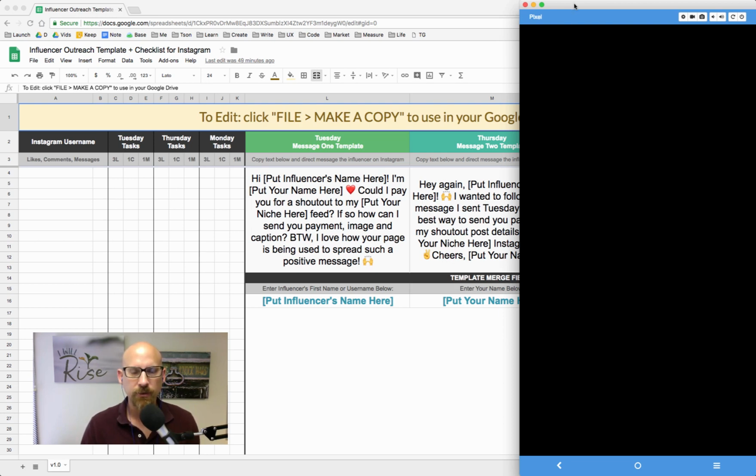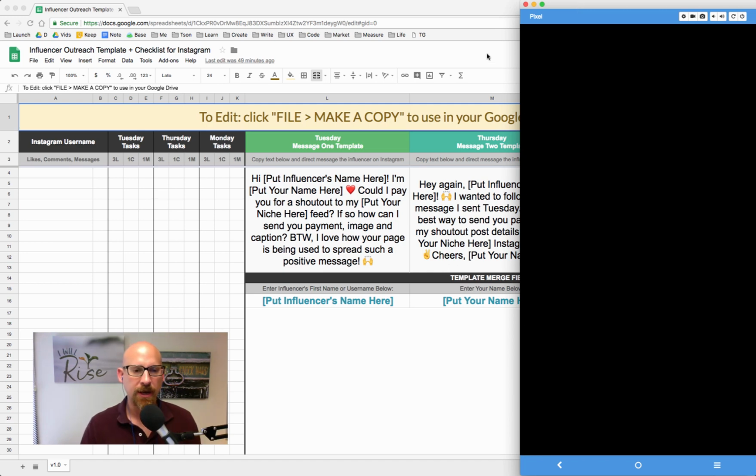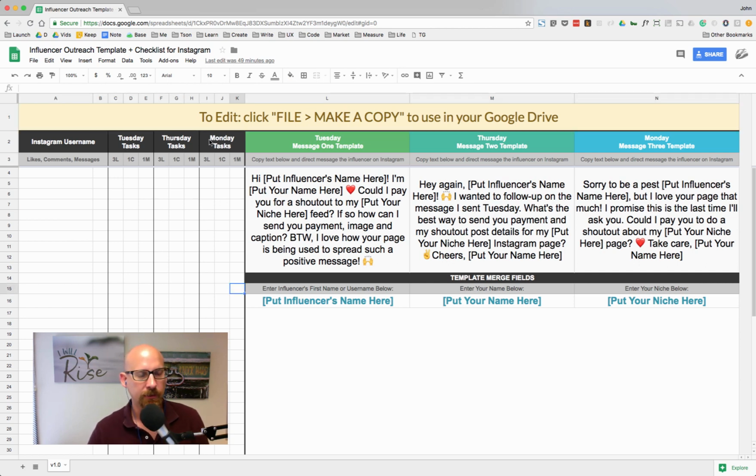Now, this black screen you see on the right-hand side is actually my mobile device, so I just kind of need to kick this on. So I'll turn that off for now, but we'll be using my mobile device to mirror so you can see what goes on the mobile side in Instagram and what goes on my desktop, like you're seeing here, where we have the spreadsheet set up.